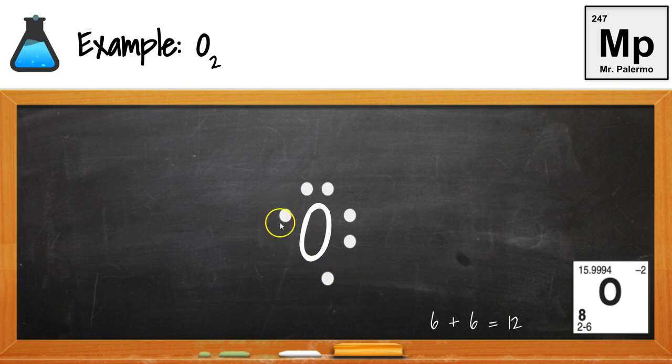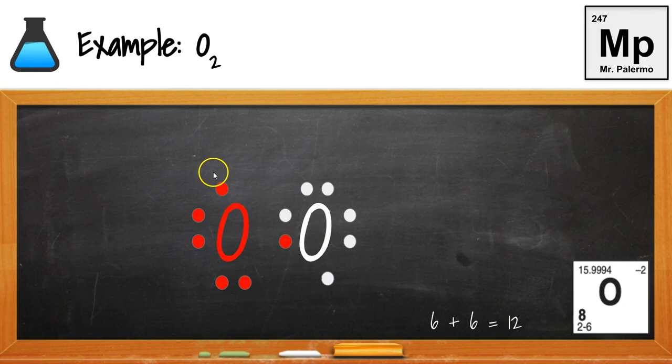And so now I have 2 places it can bond. Again, I like to keep things pretty linear, so I'm going to put my oxygen right here. It's going to bring along with it 6 valence electrons as well. So first I'll complete the bond. 1, 2, 3, 4, 5, and 6. And so I have these